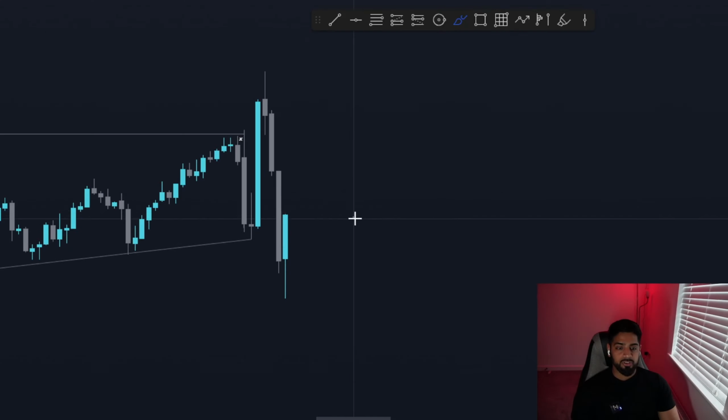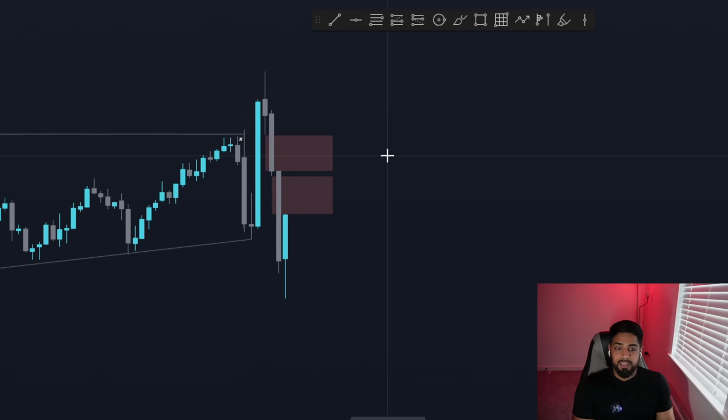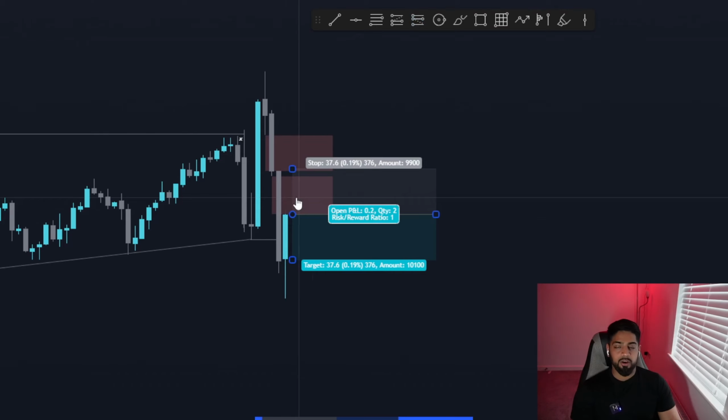So coming back onto the charts, what can we notice? Well, first of all, we've got one fair value gap right here. Then we've got another fair value gap right here. So which fair value gap do you take? Now, in a case like this, I would always say you go for the fair value gap which gave us the market structure shift. So in this case, I would always say that we go for this fair